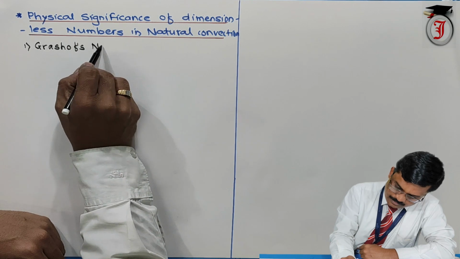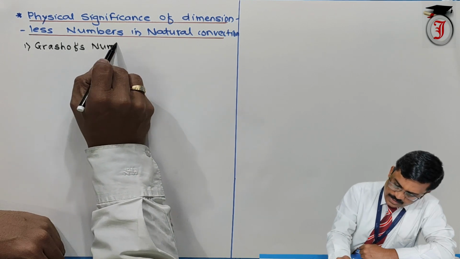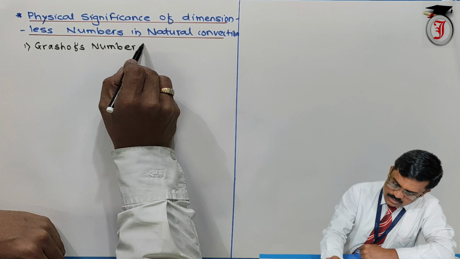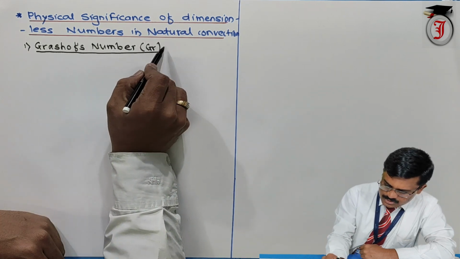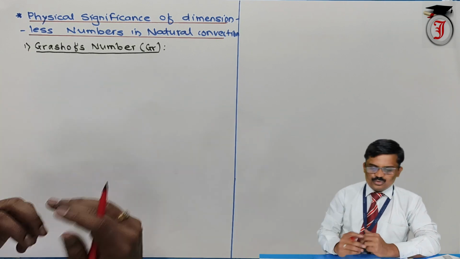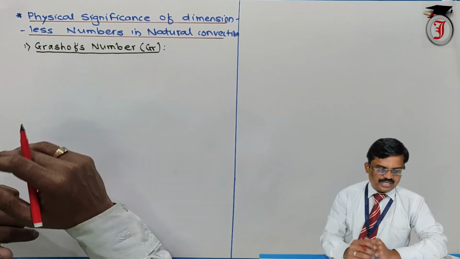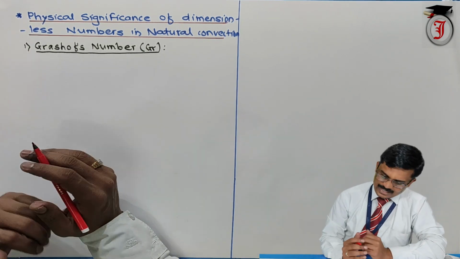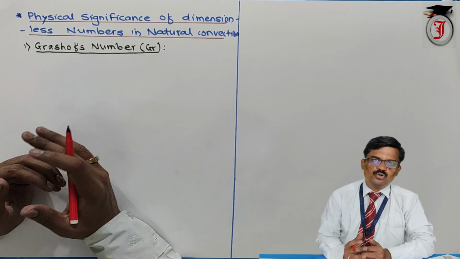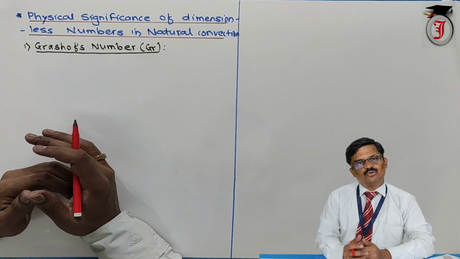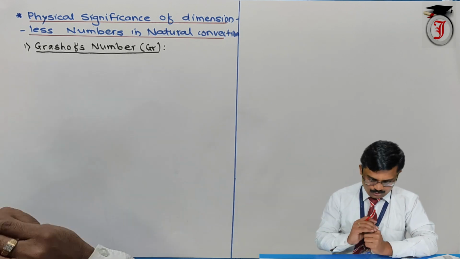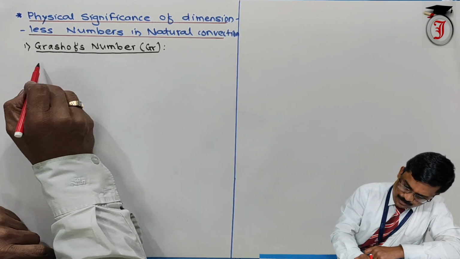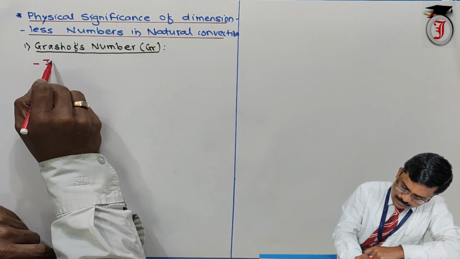Grashof's number. It is denoted by GR. GR is for Grashof's number, and we can say this Grashof number is the ratio of product of inertia force into buoyancy force upon viscous force. So let us note down, it is the ratio